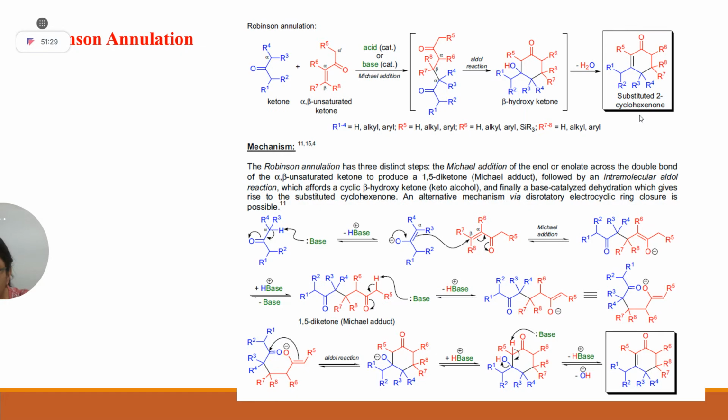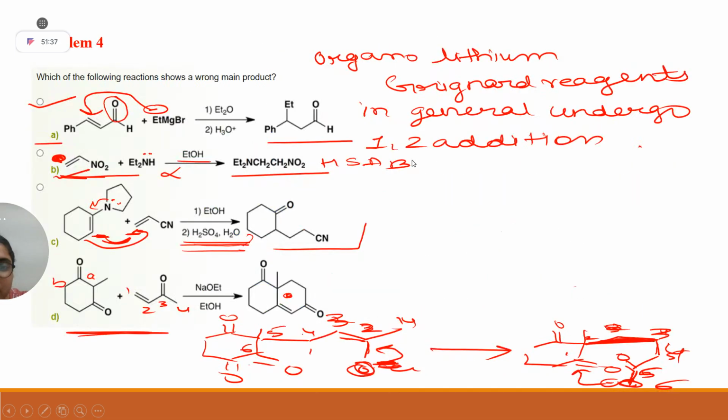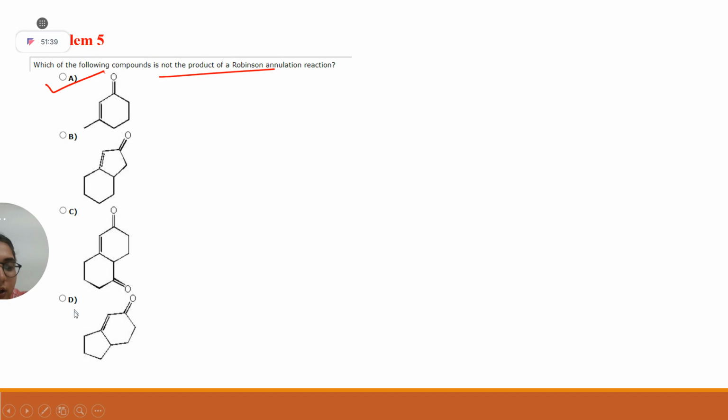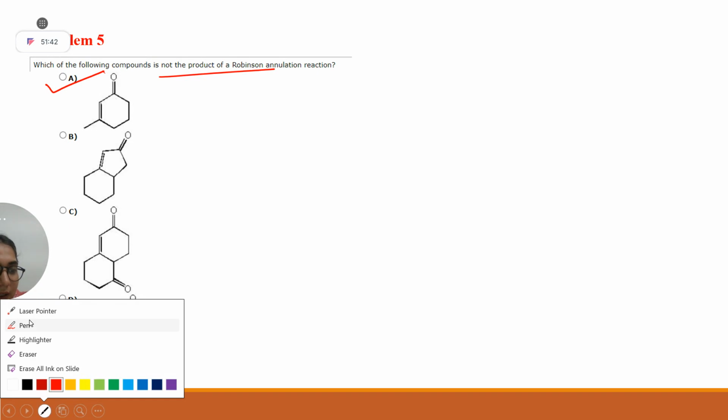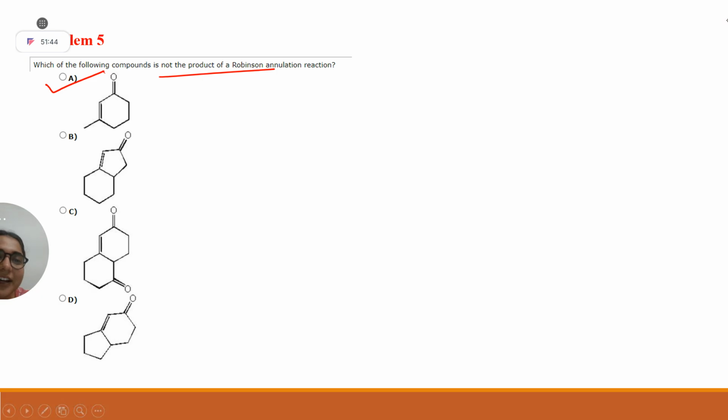Actually, we have to do its retrosynthesis, then only we can tell. We can't do that odd one out. Okay, let's take this question for last. Yes, ma'am. I have also not solved. I am also solving it for the first time with you. We will take this question at last. Please remind me, okay? We will do its retrosynthesis and then we will check the possibility where it can't happen. Okay, good.